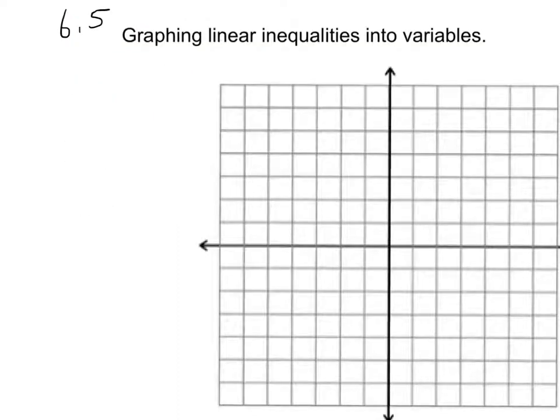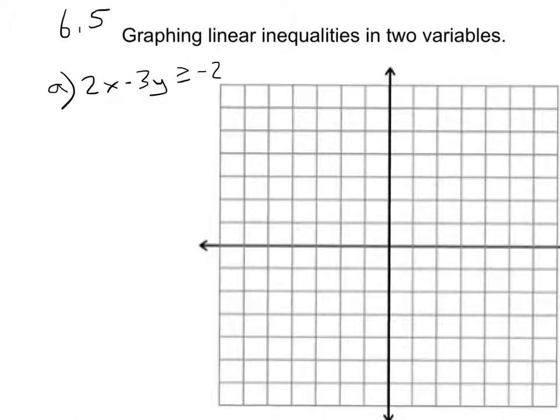Alright, we're going to be graphing linear inequalities in two variables. When we look at this, the best way I think to do this is to consider just examples. So I'm going to be graphing a few different linear inequalities, and you're going to be seeing the results of that. The first one we're going to be doing, A, will be 2x minus 3y is greater than or equal to negative 2. In order to graph this, I need to put this in slope-intercept form,